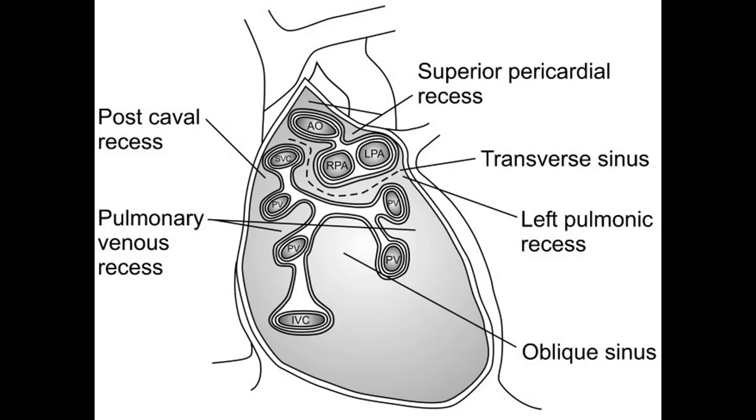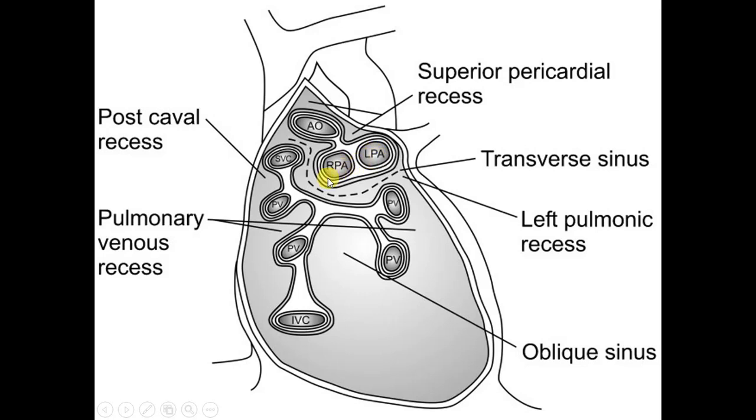And we will now see the two sinuses here. In this diagram we can see the two sinuses, transverse sinus and oblique sinus. So here we see the transverse sinus. In my opinion, it's not a sinus but a kind of fistula, where the two ends are opening into the pericardial cavity, and it's a sinus lying between the aorta, pulmonary trunk, and here is the left